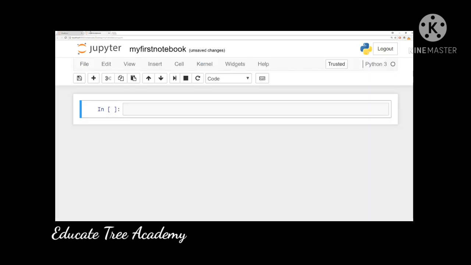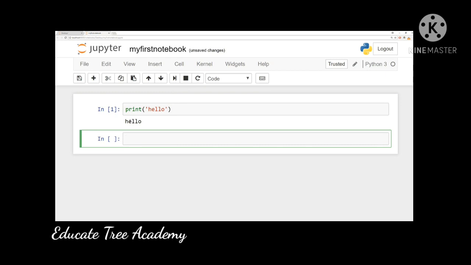So coming back to this notebook, the notebook uses a cell-based system, meaning you write code in a cell, you run the cell, and then see the actual output right below the cell. So let's try running our simple print statement. Inside of a cell, type print, open close parentheses, hello, and you'll notice that Jupyter auto-completes some things for you, such as quotes or parentheses. And then we can run this cell. So you can click here on the run button, and it will run this cell,